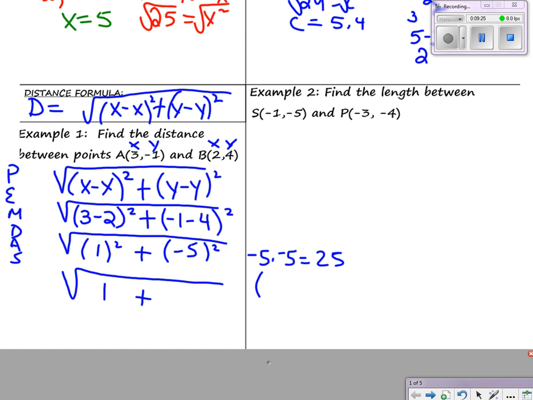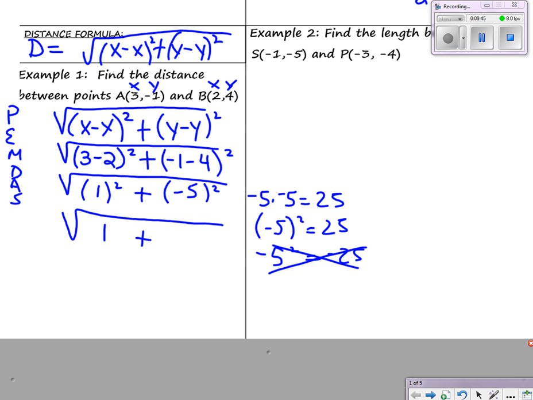Now if you put it in your calculator like this, parentheses -5 squared, you're going to get a +25. But if you put it in like this, without the parentheses, you're going to get a -25. Because what it's doing is it's squaring a 5 and then making it negative. So we don't want to do that. Okay, so we're going to finish this up. -5 squared, that was a +25. So now we have this